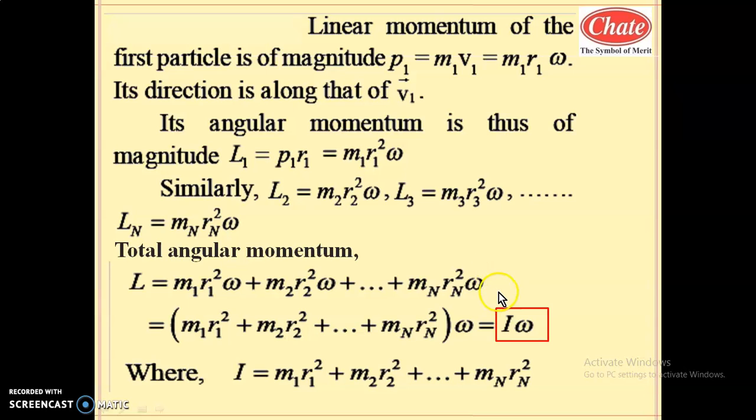So in this rotational dynamics, L has two formulas. One is your starting formula, that is r cross p, that is L vector, and another equation is L equal to I omega. Here I is a tensor quantity and the direction of L is the same as that of the direction of omega. We have studied the direction of omega in the beginning of the chapter, it is an axial vector. So L is also an axial vector.